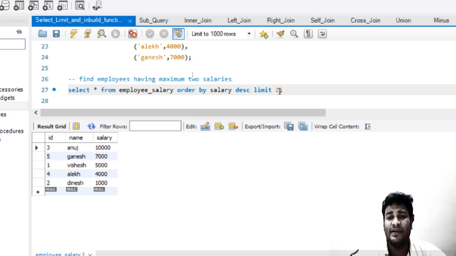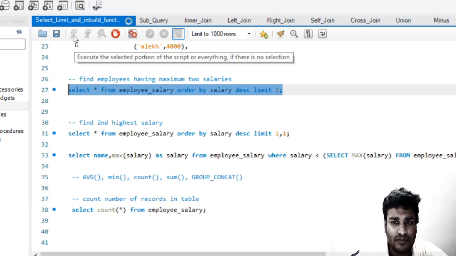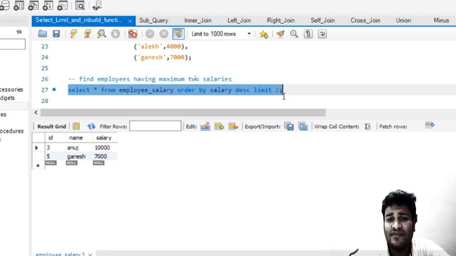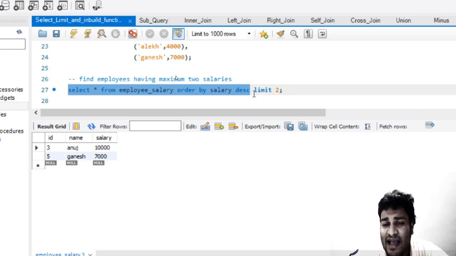Limit takes two parameters. Over here you can see that we have only given one parameter. Let us understand what it exactly means. Whenever we give just one parameter, it means that whatever rows have been fetched by this statement, which can be anything, if there are 10 records fetched, limit it to 2 records. So only the first 2 records will be shown.